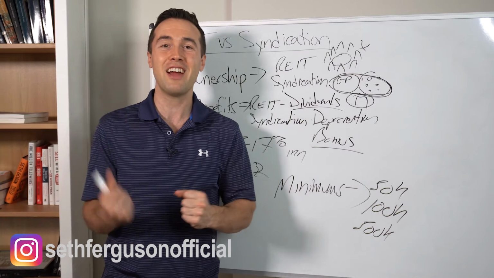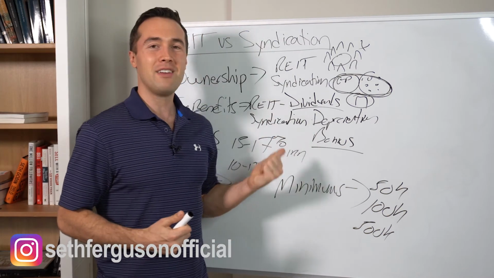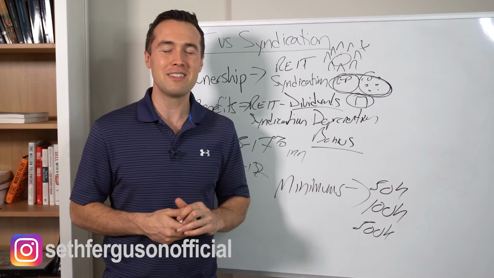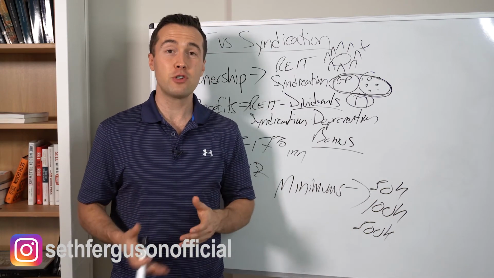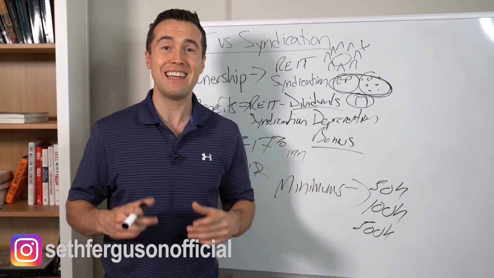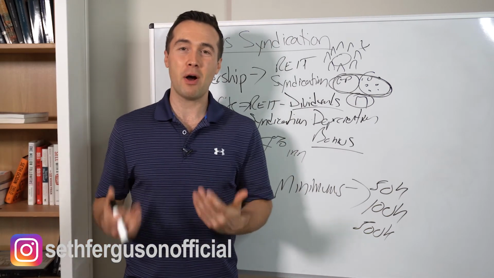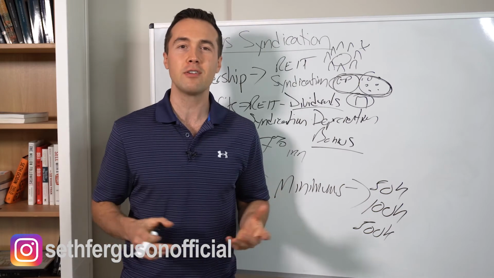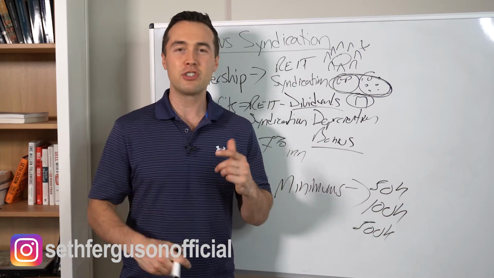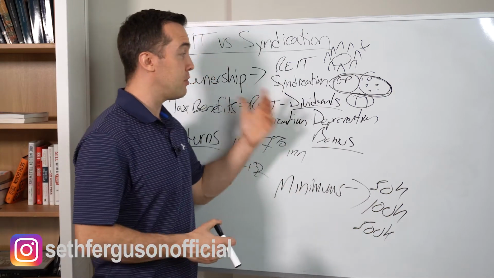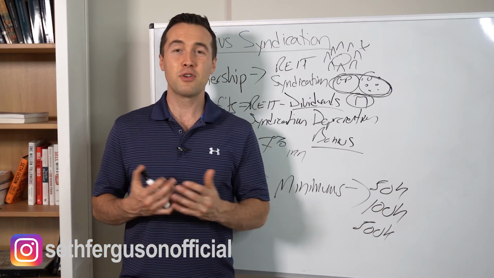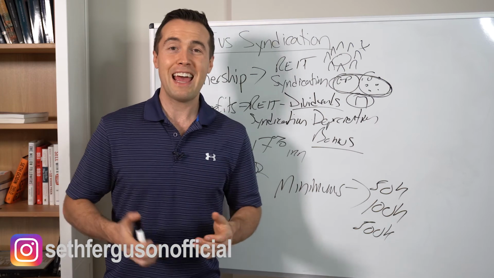You can see it, you can touch it, you can feel it. With the REIT, you have a piece of paper. Even though that company does own real estate, it's not really the same thing. And one thing a lot of investors enjoy about syndications is their money is illiquid. That is a positive because you invest your money for 4 years, 5 years, 7 years. You can't touch it and it just goes to work, and you're able to use the depreciation to offset your tax liability. So these are 5 differences between REITs and syndications.